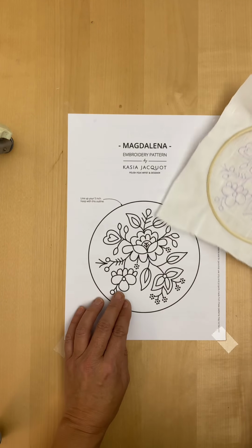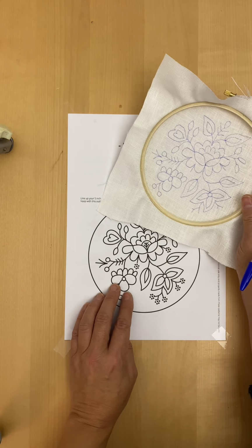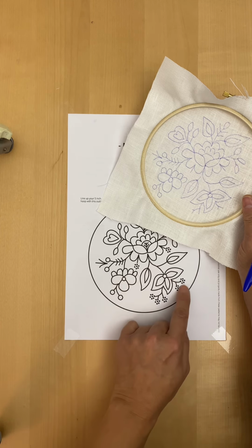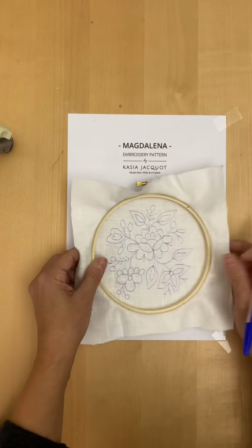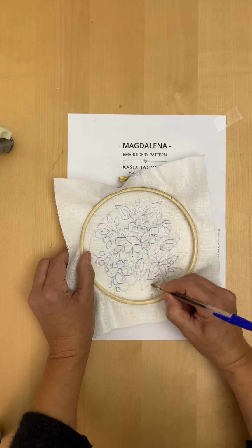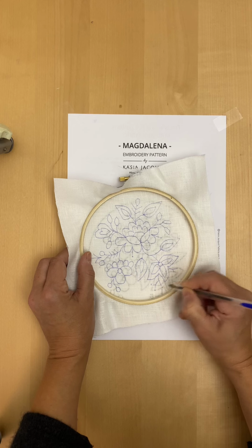Now when you finish, you can check against it to make sure that you haven't missed any elements. And see, these bits here, I've indicated that they're meant to be French knots. I'm not actually going to draw the position of every single French knot. I'm just going to put a little dot on the end of those just to say this is where the